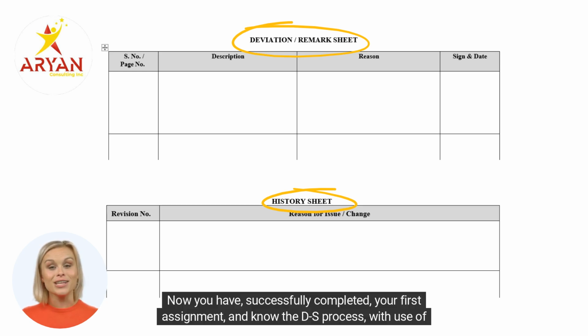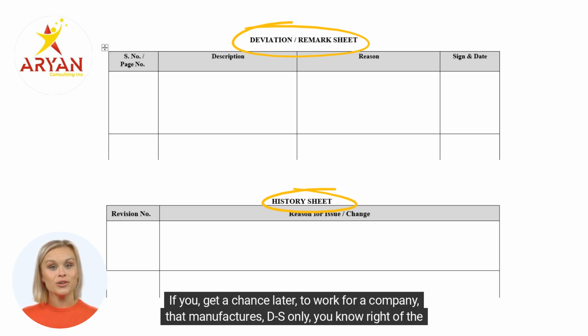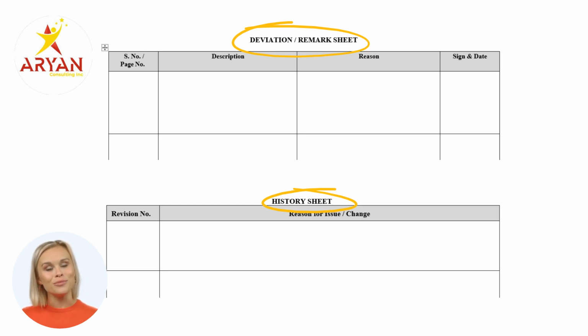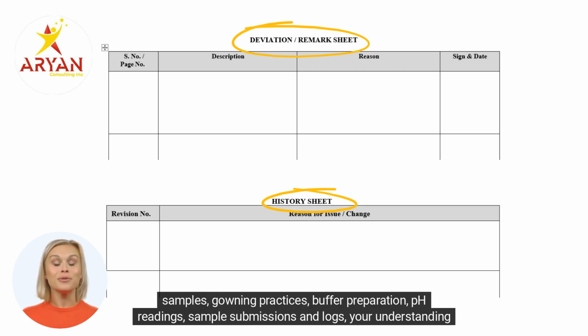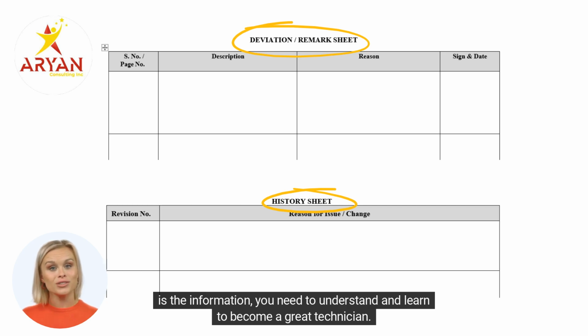Now you have successfully completed your first assignment and know the DS process with use of bioreactors. If you get a chance later to work for a company that manufactures DS only, you know right off the bat that you will be working with a process similar to this. The drug recipe can be different, but the bioreactors, their temperature, agitation speed, timing, in-process samples, gowning practices, buffer preparation, pH readings, sample submissions and logs, your understanding of who will issue the BPR, where you would go next to receive the materials, who would sign which log